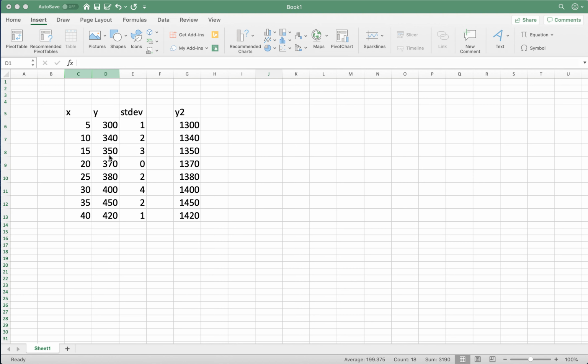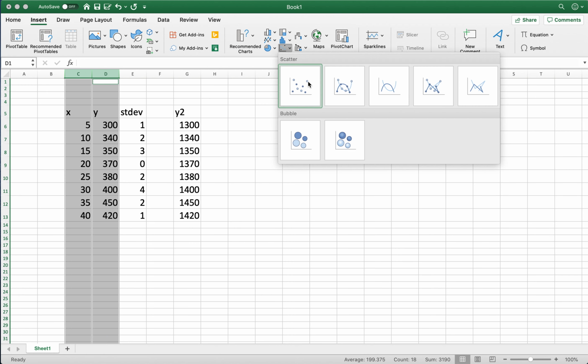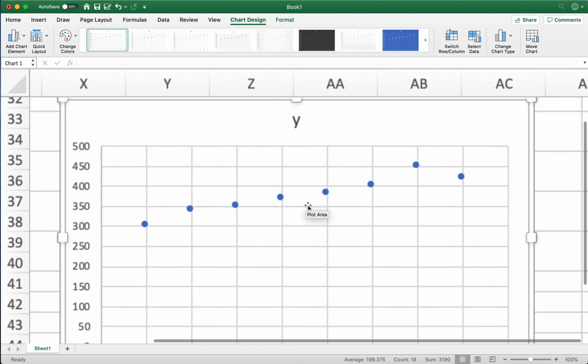Hi guys, let's make some clear plots. So let me choose these two columns and then insert scatter the points. So after I scatter the points,